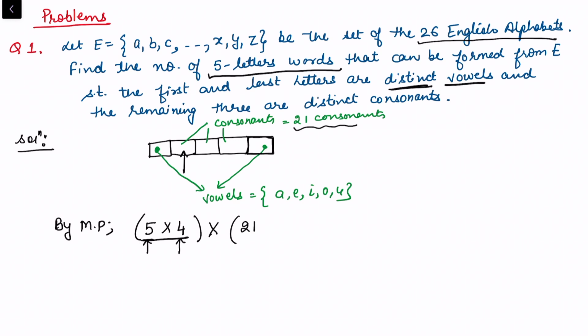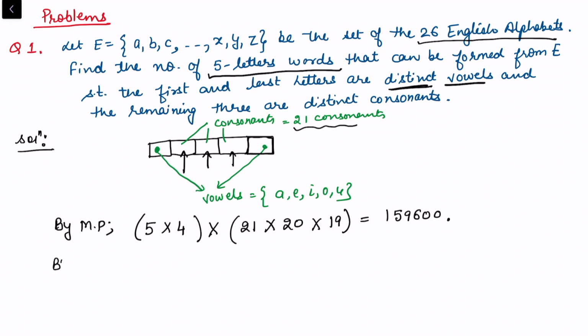So we'll place 21 multiplied by 20, because we require distinct ones. And the one that has been used in the second box will not be repeating in the third. So here we will have 19, and we'll get the answer as 159600. So this question we can do simply by the mathematical principle, or we can look at it